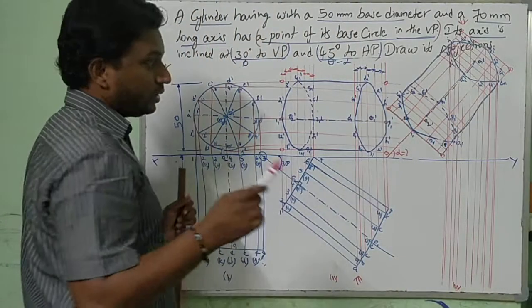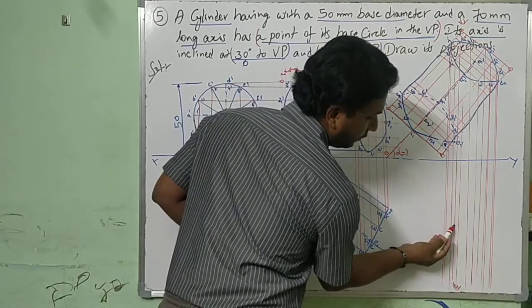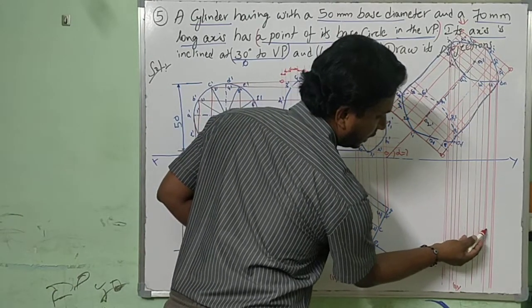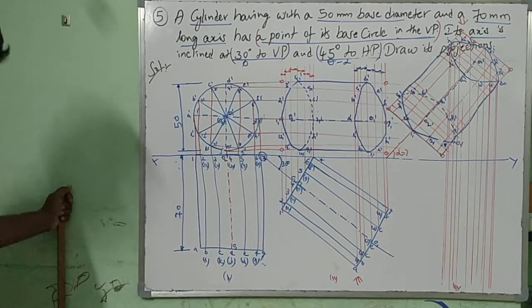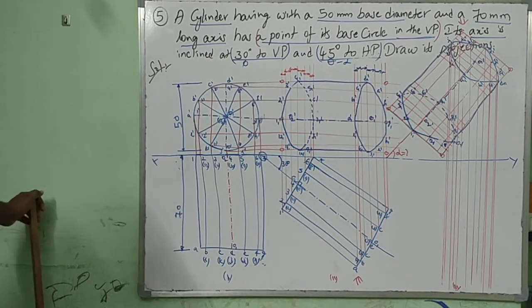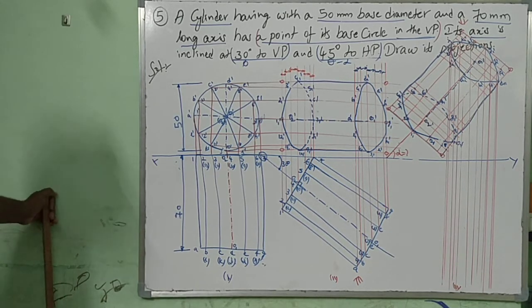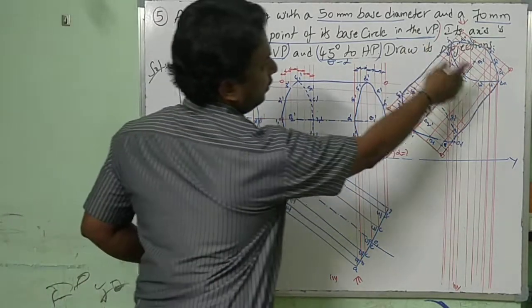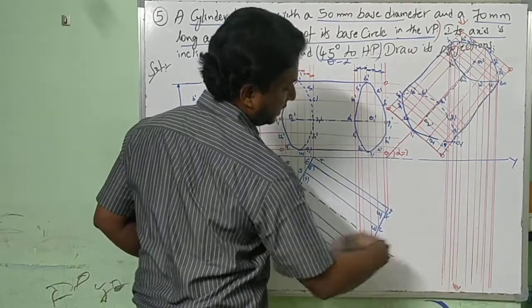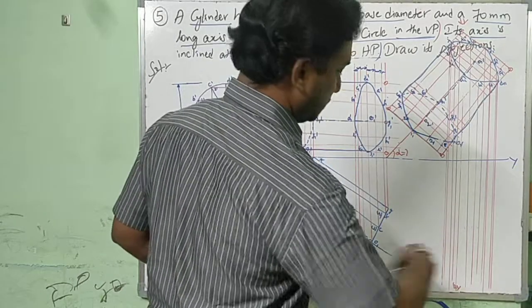Oops. Observe how many lines I have drawn. 1, 2, 3, 4, 5, 6, 7, 8, 9, 10, 11, 12. 12 points. This is a great job. Tough job, if you draw all the vertical projectors very clearly. Still again I am mentioning, if you are not aware of, there is no other option. Dividing 12 will give a good smooth curve. Now from here, for the ABCD base here, I am just trying to finish.